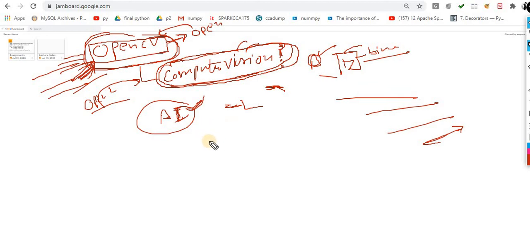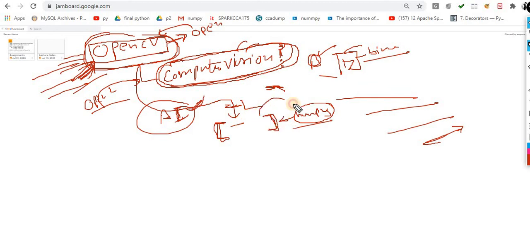Mostly, OpenCV is an array structure. Our images are basically stored in arrays. For handling arrays, one of the best modules is NumPy. NumPy is a module that is required whenever you are supposed to play with OpenCV, because OpenCV always deals with arrays. And how can I store arrays inside Python? With numerical Python, that is NumPy.